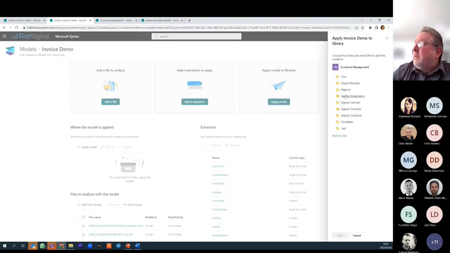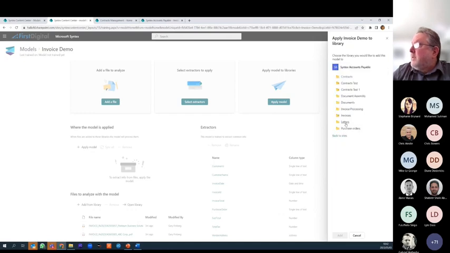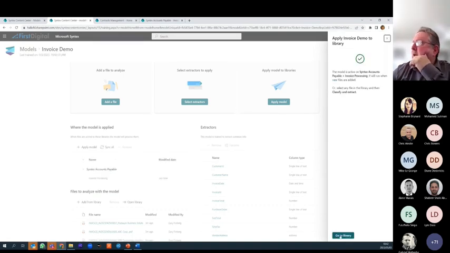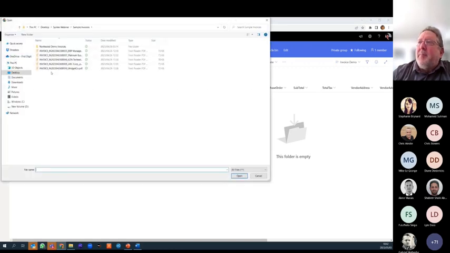So I'm going to go to... oh wait, it's in a different, sorry, one sec. Let's see, invoice processing, and then add that. So that's going to apply this model to that library. And now I can go to the library, and you'll see it's laid out all of the columns. These are all the columns that it's effectively created a content type, right? So now if I upload a bunch of these invoices to that library,